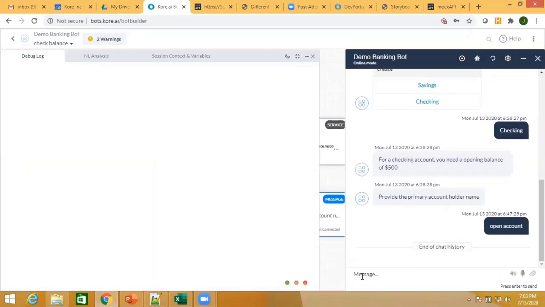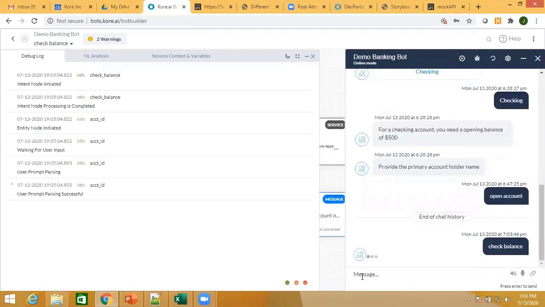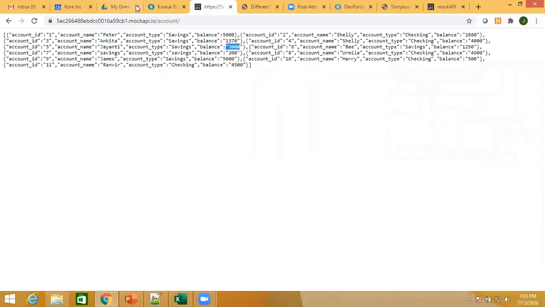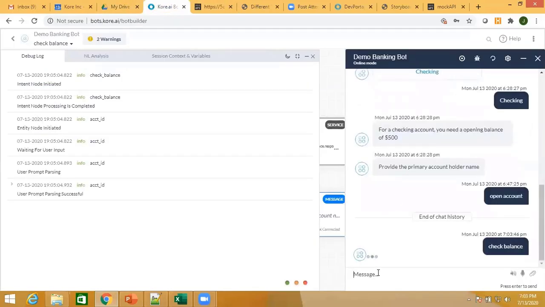If I go in here once again and say check balance, and now I provide an account number which is not available, and let the prompt come. In debug logs, it's showing me that it has reached. At times, due to network delay, the prompt comes a little late.